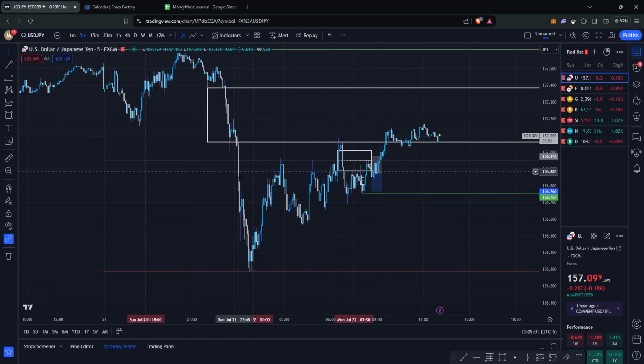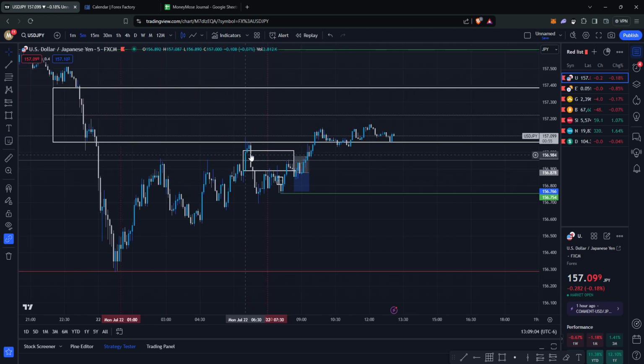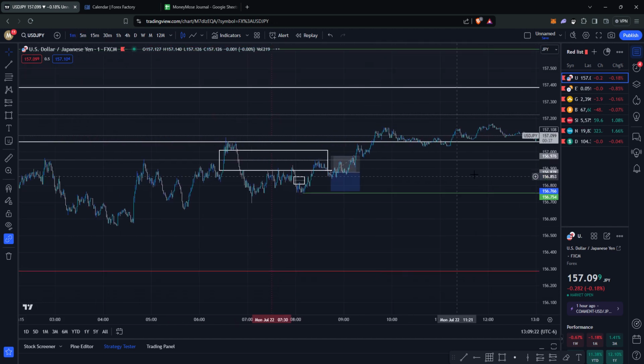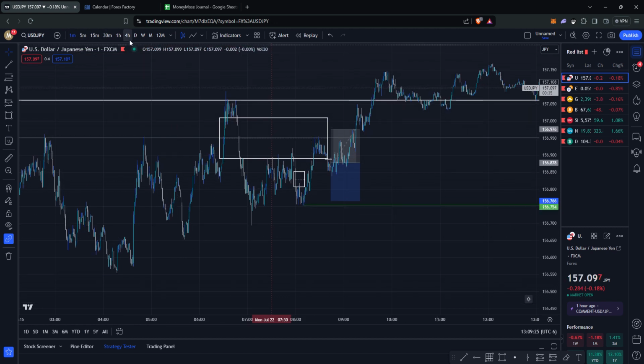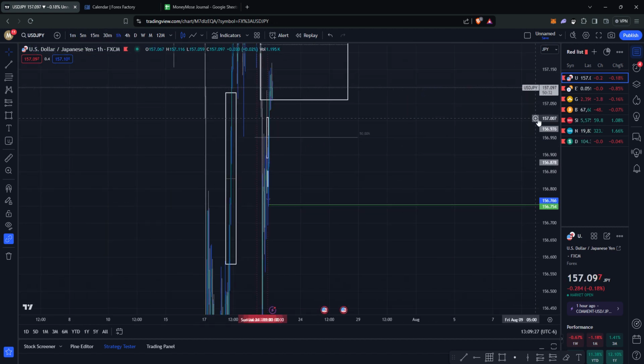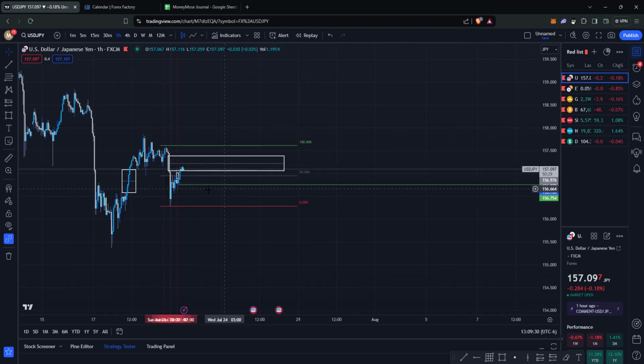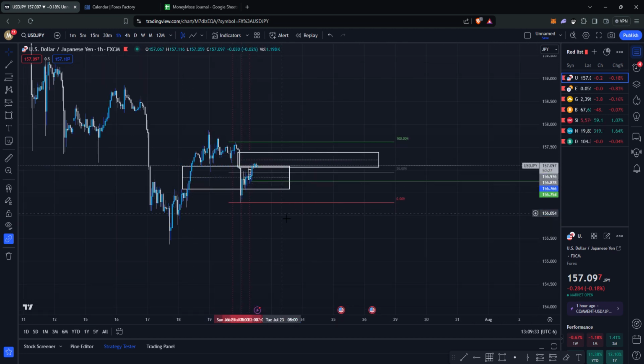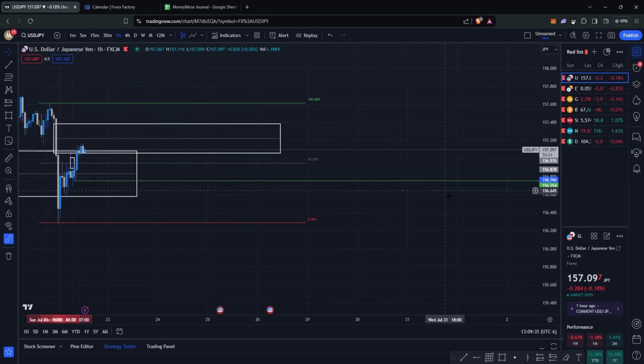Then on the 5-minute we also had this 5-minute fair value gap with the inversion here. For a long time, I thought we're probably not gonna push up to this 1-hour price range, just because we've been chopping it up for a long time here, right in between this price range. It's still within this 4-hour fair value gap that we're still kind of respecting. We're just bouncing up and down within it.